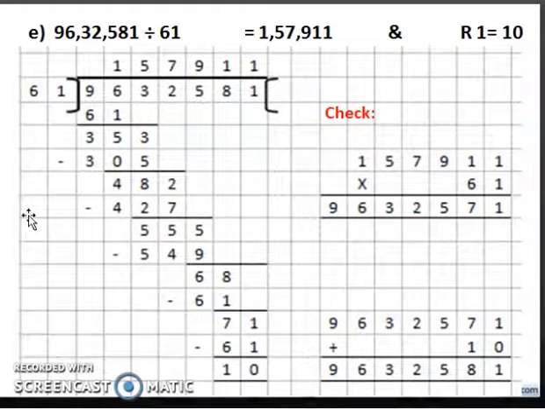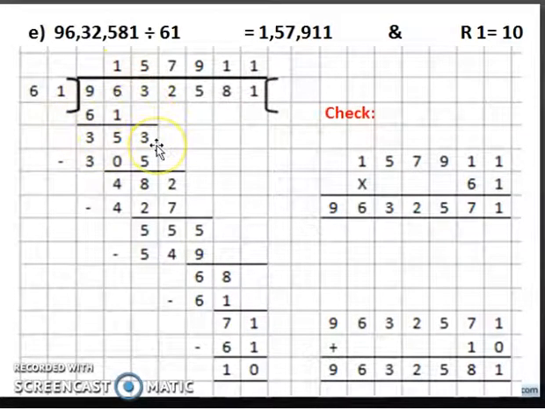Next one, E part. Now as I said in the previous slide, the 2-digit number, I don't know the table. I will make a rough column. I will make a vertical line like this here, and on this side I will do my rough work. So 61. Children, if I multiply it by 2 in my rough column, I will get 122. Now it is greater than 96. That means I will have to take 61. 1s are 61. After subtracting, I will get 35.